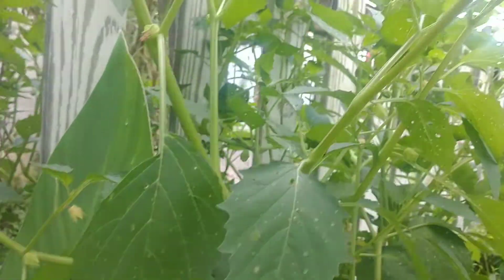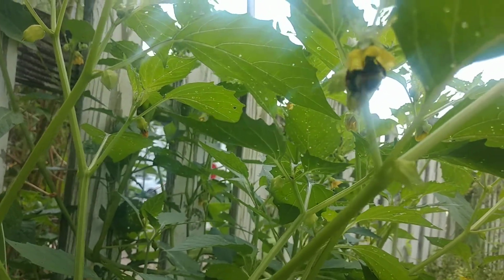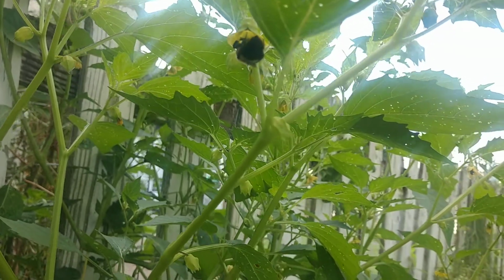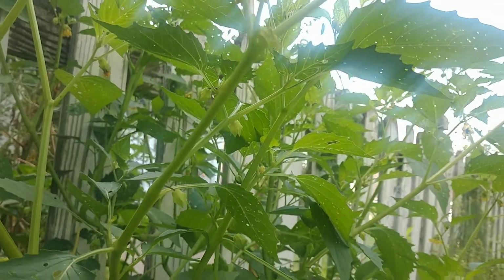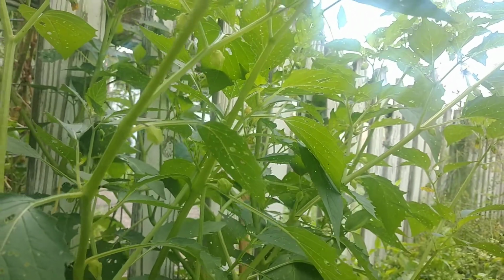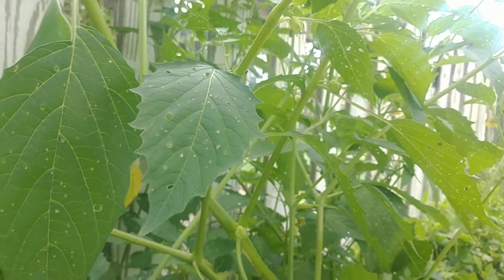So right on cue, as I'm here talking about this, check this little guy out. Yes, this garden is alive with pollinators. Bumblebees love tomatillos. So if you don't even like the tomatillos for the fruit, grow them for the bees. Definitely worth it. So let me show you a couple other of my seed grown cannas